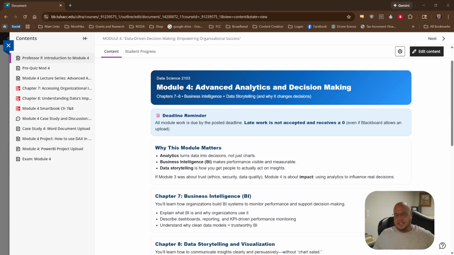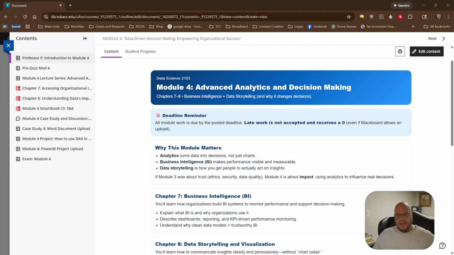So what you're going to learn in this module is, by the end of it, you should expect to be able to explain what business intelligence is and how it supports decisions in real organizations, describe how data is organized for BI using concepts like data warehouses and data marts, understand what makes data storytelling effective, how you turn charts into meaning and meaning into action, and explain the basics of blockchain and why it differs from traditional centralized databases. Then we're going to identify where blockchain actually makes sense and where it doesn't.